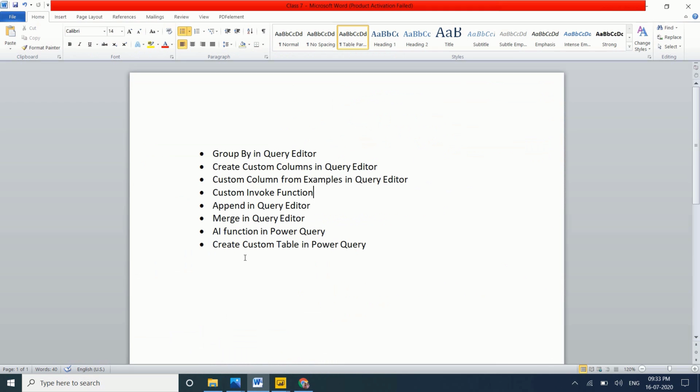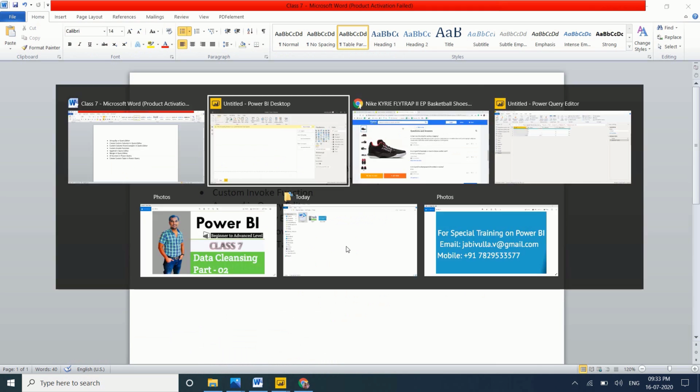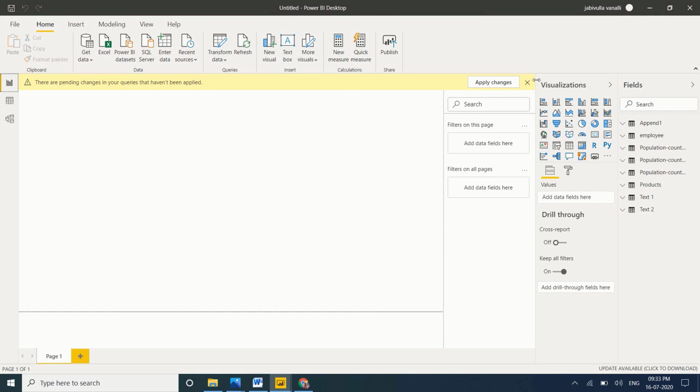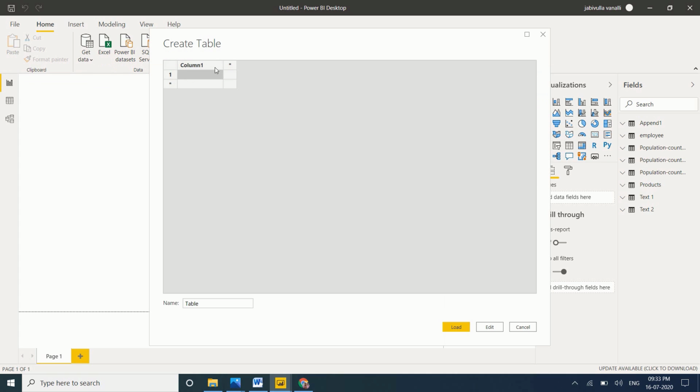So, create custom table in Power Query. Or we can create here also. Here enter data is a, give the column name A, B. I want to give 1, 2, 5. I want blank this one.